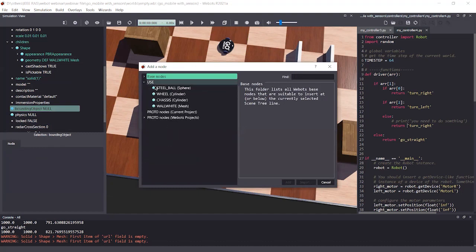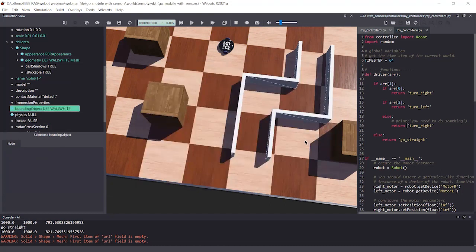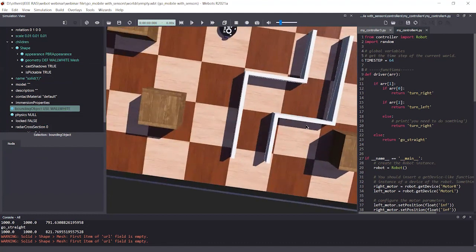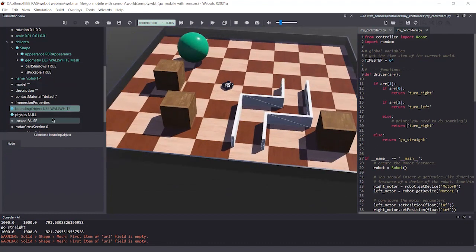Go to this use node and add this wall white. So we have the boundary, so you can see the boundary. Just like that you can add a boundary, and I'm going to save this.